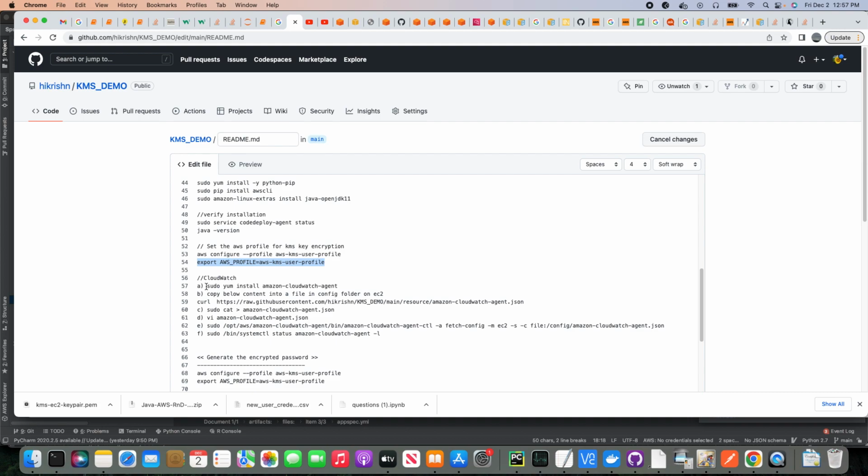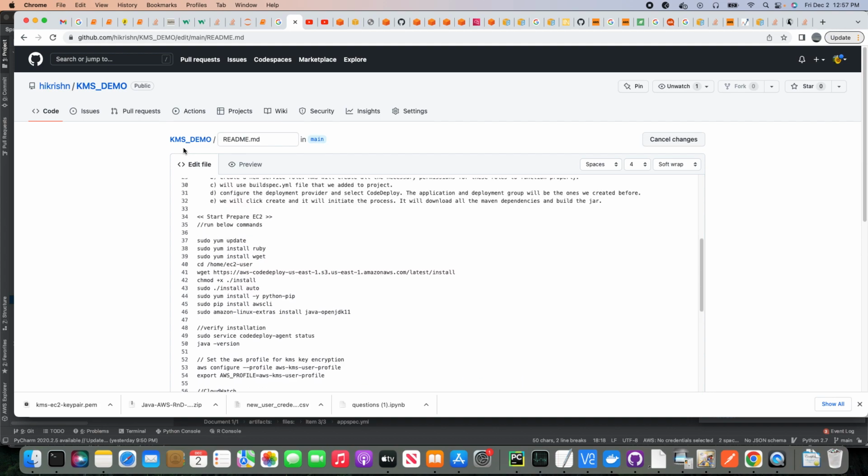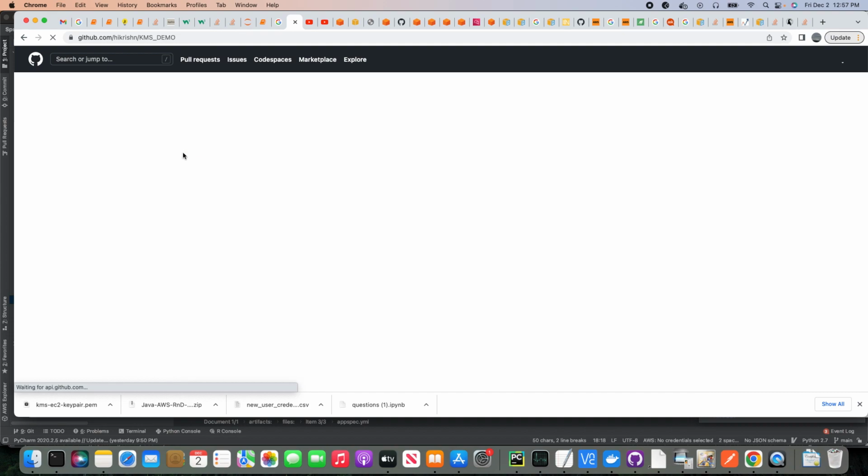So for preparing the CloudWatch, I'm running these commands as well, and I have an AWS CloudWatch agent.json file. I'll show it to you in a few seconds. I'm copying it to a particular location in my config folder in my EC2, and using that I'm starting the CloudWatch agent. Basically, this will send the logs that are mentioned in the AWS CloudWatch agent.json to CloudWatch. So let's go ahead and see what this CloudWatch